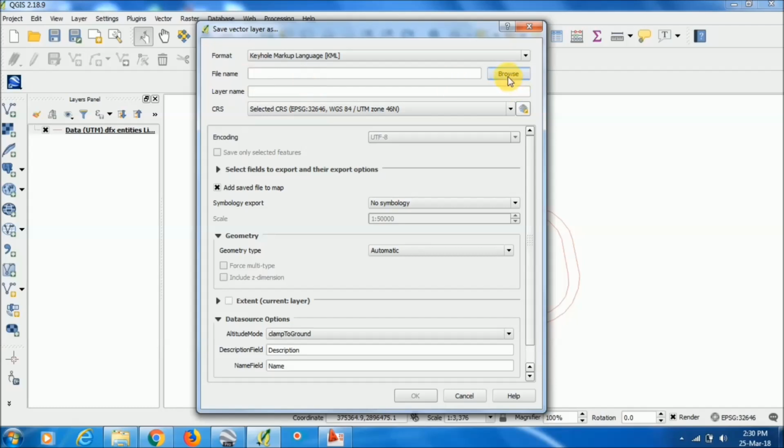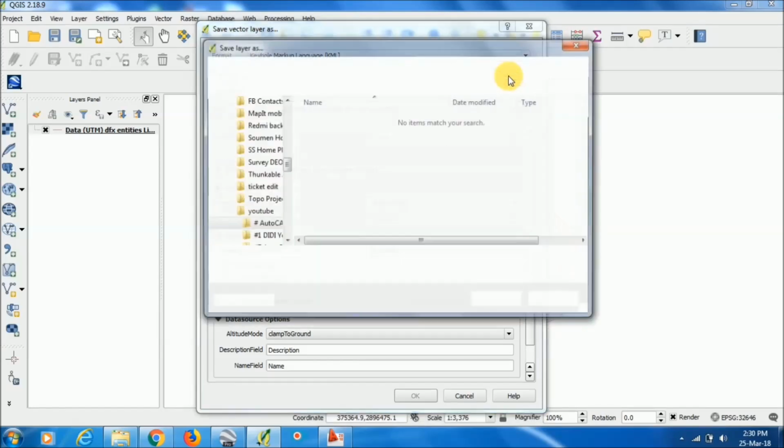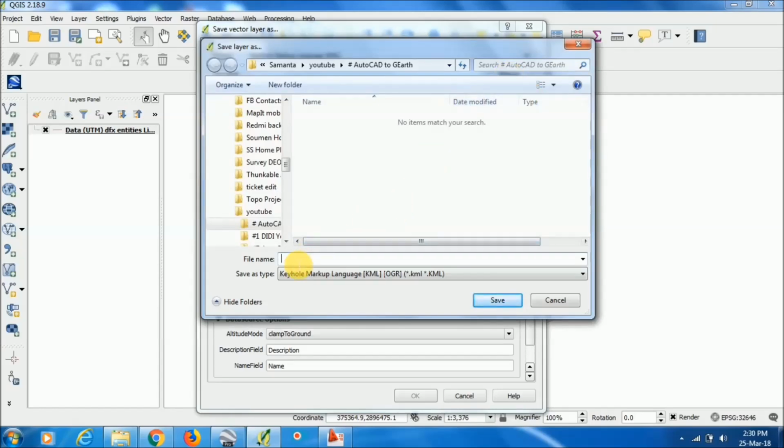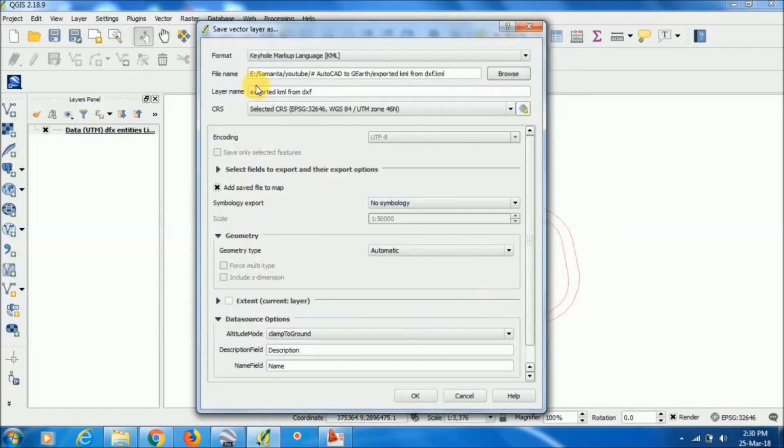In the file name you have to give the output directory where you want to save that KML file. So I'm giving the name as exported KML from DXF. Save as type is KML. Now save this drawing.